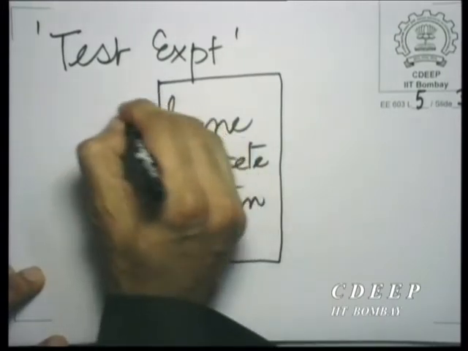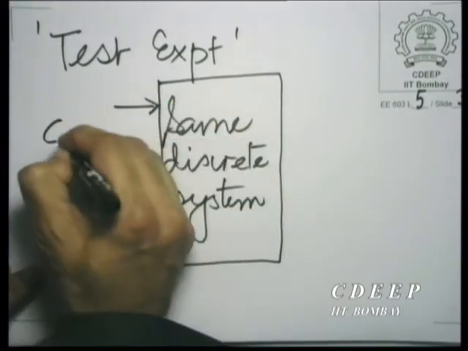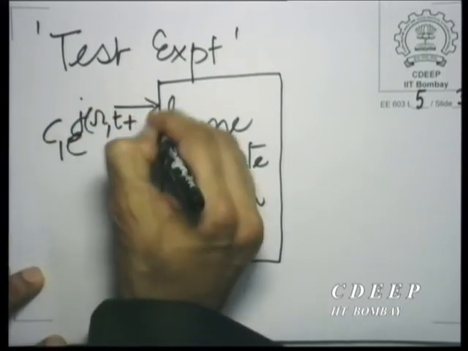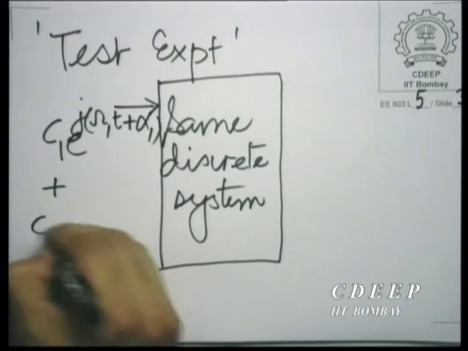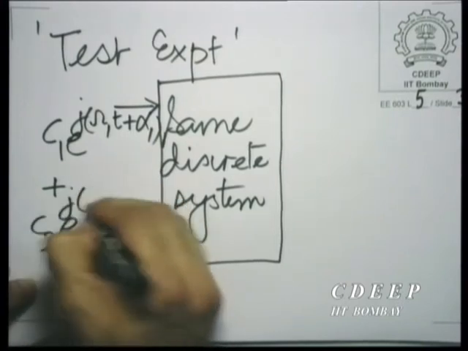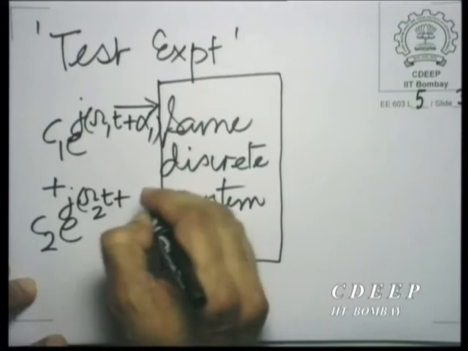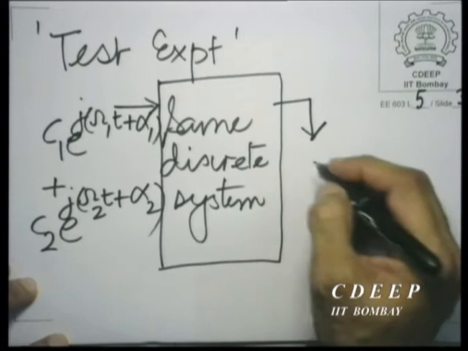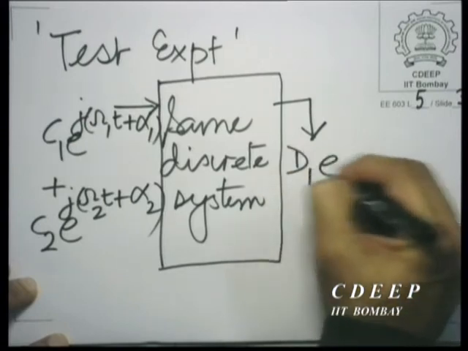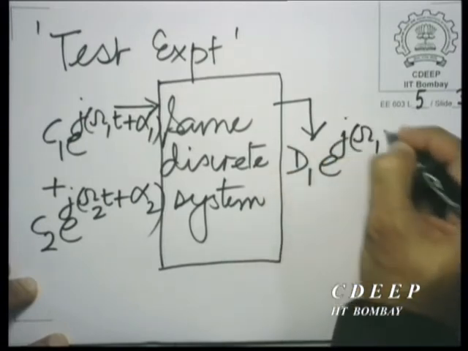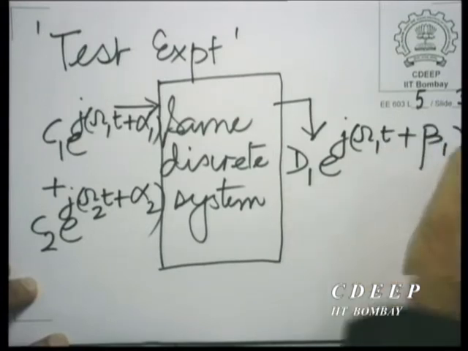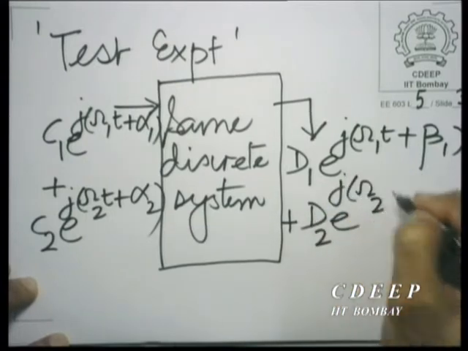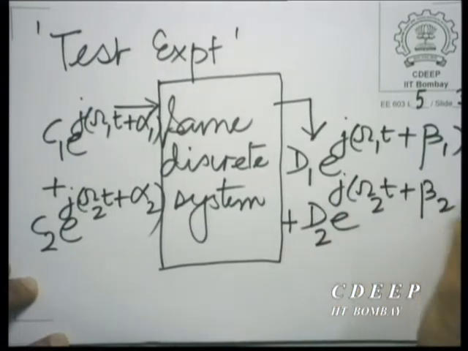I gave it the input C1 e raised to the power j omega 1 t plus alpha 1, let me call it that, plus C 2 e raised to the power j omega 2 t plus alpha 2, and I ensure that what I get was d 1 e raised to the power j omega 1 t plus beta 1, if you please, plus d 2 e raised to the power j omega 2 t plus beta 2